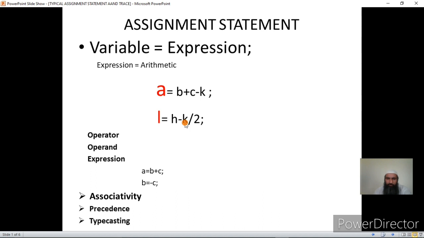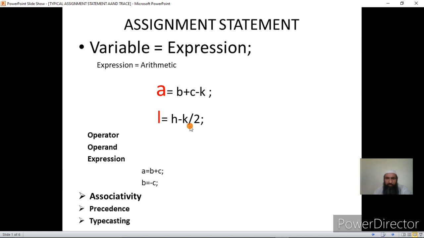Now we have certain concepts related with the expressions, like what is an operator. Operator is a symbol that designates an operation. For example, we have a plus symbol to designate addition, minus symbol to designate subtraction, and then this simple slash to designate division.